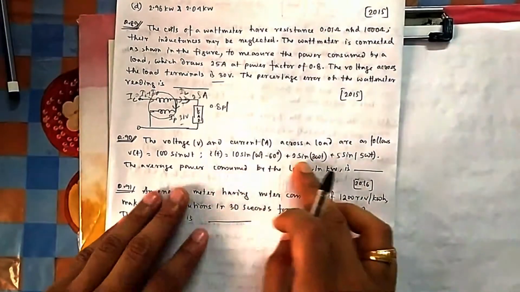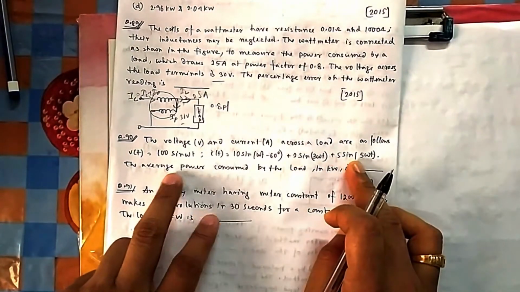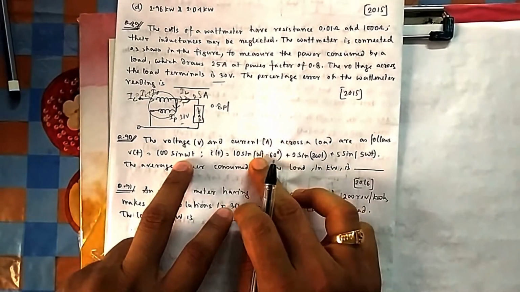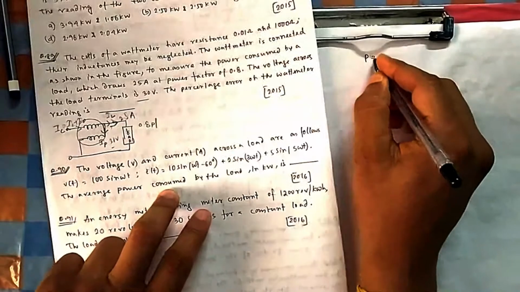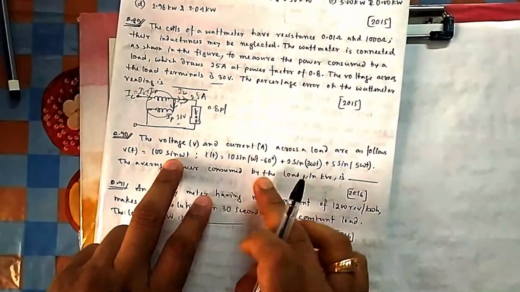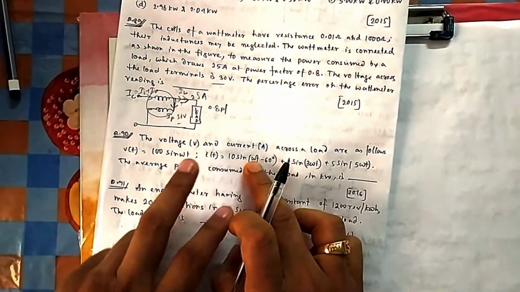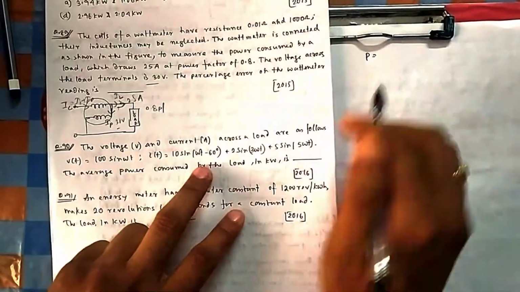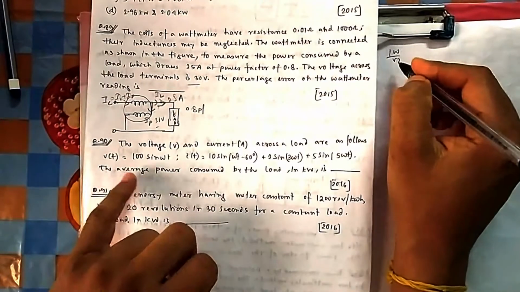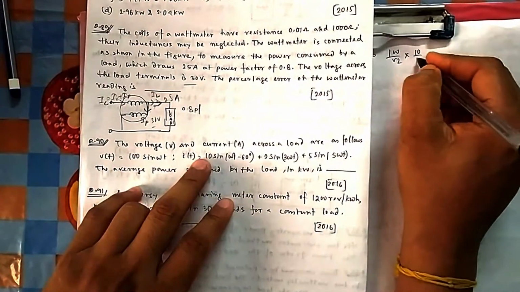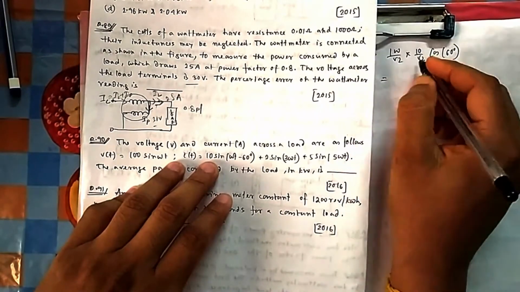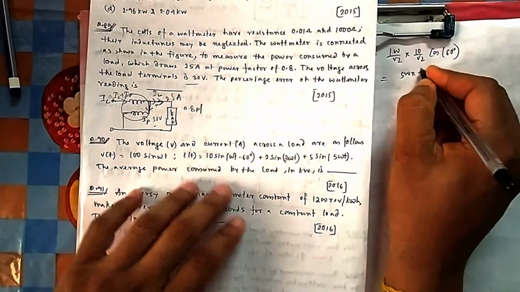Now if you come to question 90, the voltage and current across the load are as follows. So the average power. This one we have already solved. Only the same frequency components will come into the picture of the power, the others will not. So the voltage is here of frequency omega, so current of the same frequency will come into the picture. These other currents will not contribute to power. So the power will be 100 by root 2, this RMS voltage, into RMS current, VI, then cos phi, the cosine of the angle between these two. So it will be 1000, that is 500, and half, that is 250.